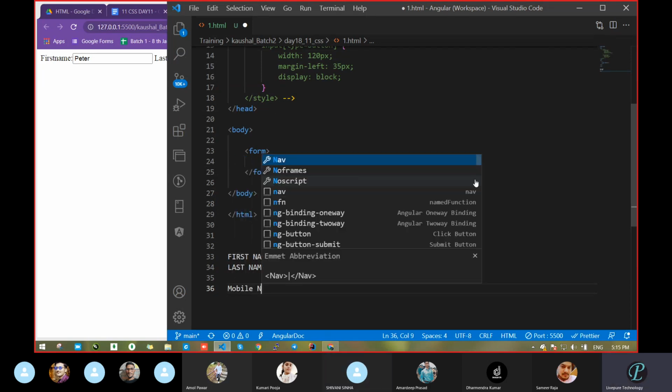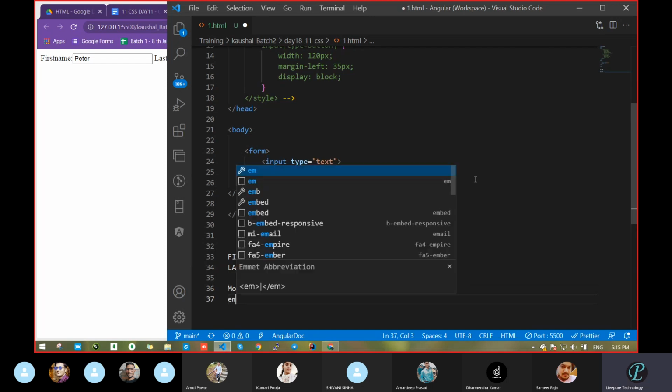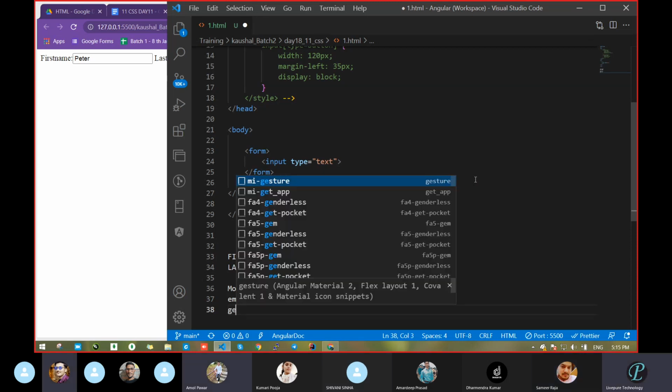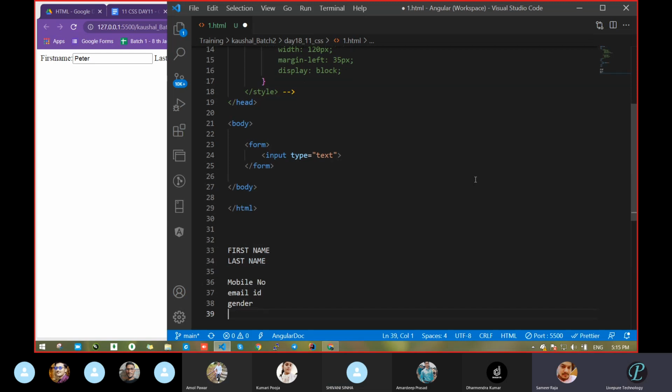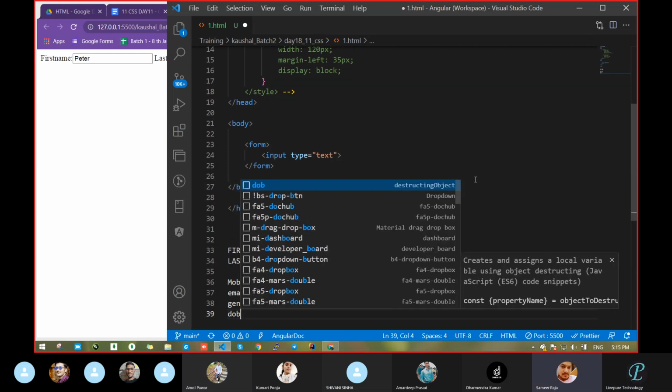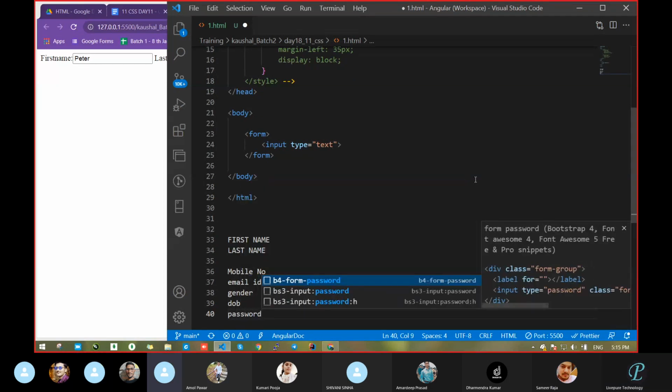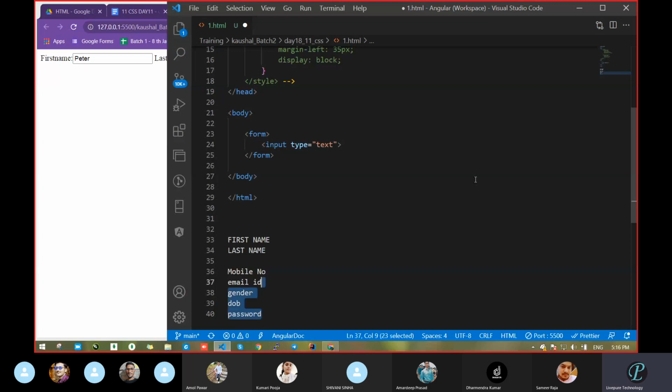Email ID. Fine. Next, gender. Okay, next, date of birth. Anything more? What about password? Password. Okay, this many fields are required.